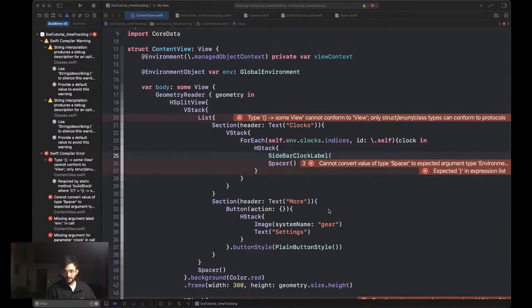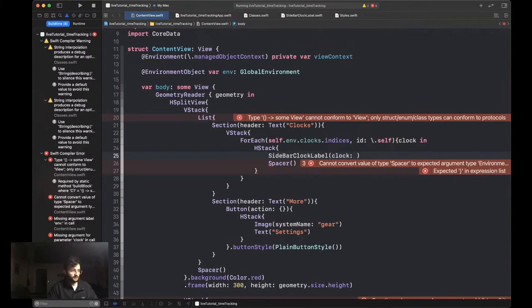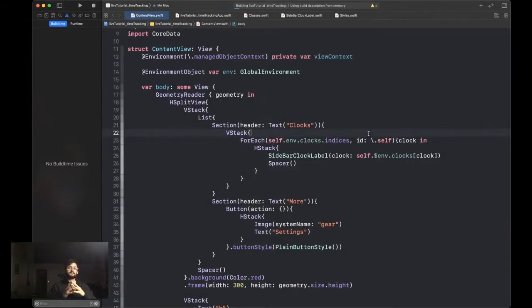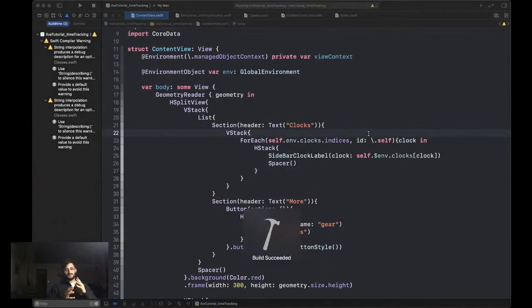And specifically, sidebar clock label is going to say, hey, you need to pass a clock into me, okay? The clock we're going to pass in is going to be self.env.clocks, and of course index number clock. Boom. Let's save it, let's run it,